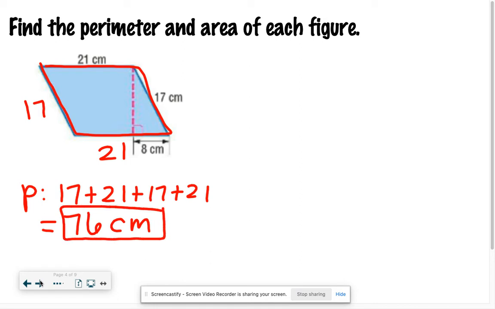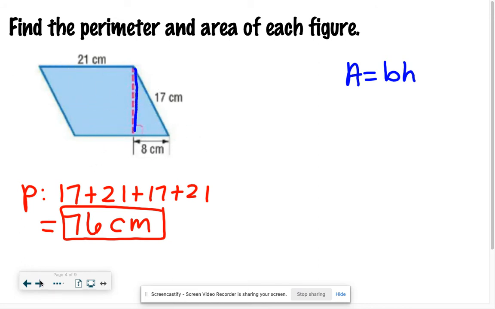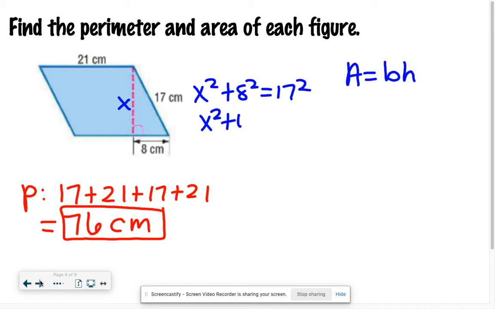Okay, now for area, remember it's base times height. So if we look here, we don't have our height measure. We have to figure it out. You guys are good kids, you're smart. It's just a right triangle, so we can do the Pythagorean theorem to find that missing side. X squared plus 8 squared equals 17 squared. 8 squared is 64. 17 squared is